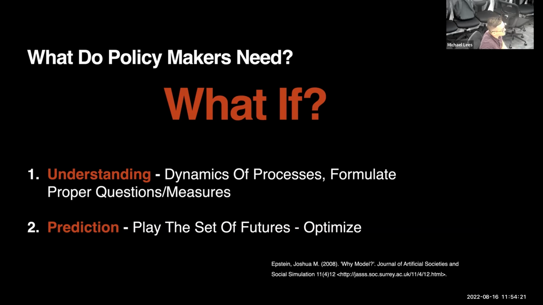What we've shown with some of the simulations, which I didn't mention here, is if you do something sensible, like look at a neighborhood and close the most segregated school, you can actually make the whole system worse. By closing that most segregated school, that group then goes to other schools which weren't segregated, and that can tip the composition to where people see this as a white school or a black school or something else. So by closing a school without thinking about it carefully, or maybe simulating it beforehand, you might actually make the system worse, even with these simple things. So it's about understanding, and prediction, playing out the possible set of futures.